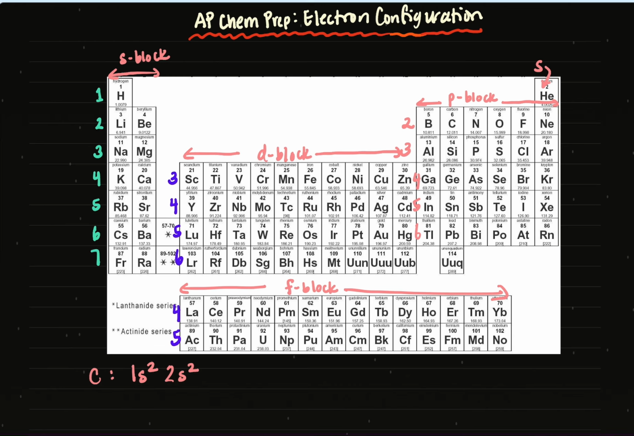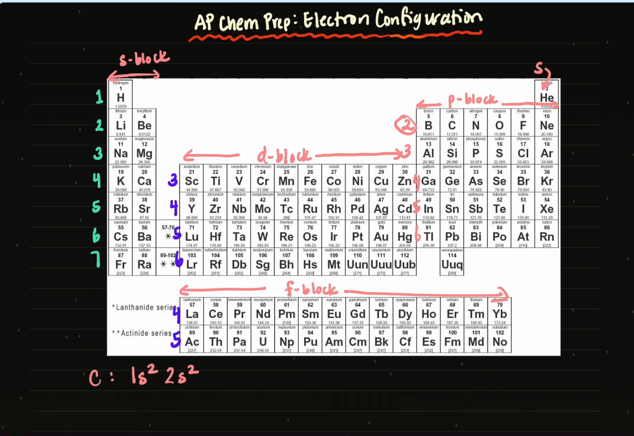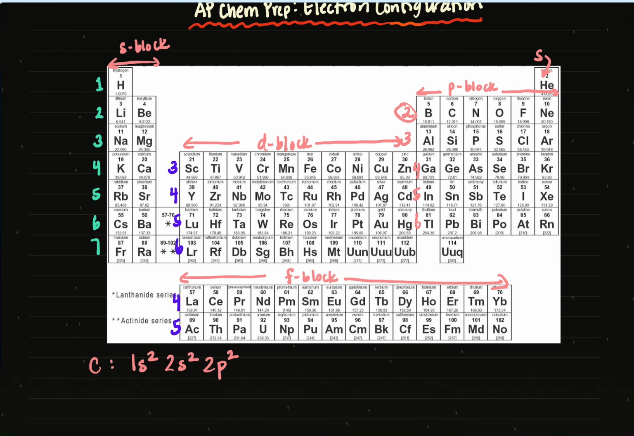So now carbon is in the P block. I know it ends with P. So to be specific, it'll end with 2p. Now because carbon is the second element over, it'll end with 2p2. So the full electron configuration for carbon, an atom of carbon has 6 electrons, is 1s2, 2s2, 2p2. Okay, now we could also do the noble gas version of this, which is the abbreviated electron